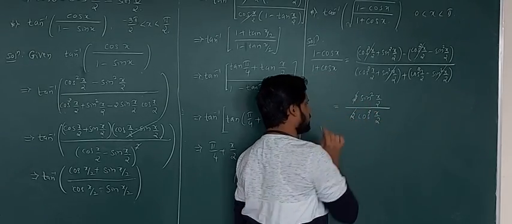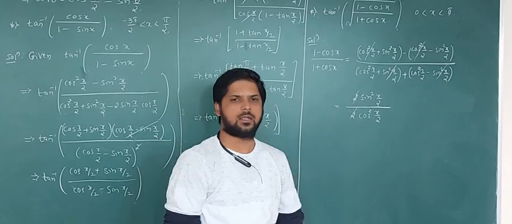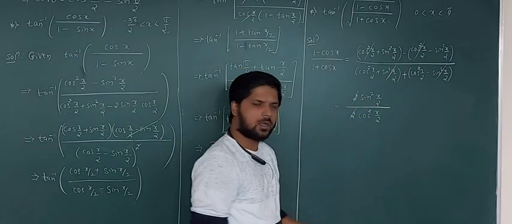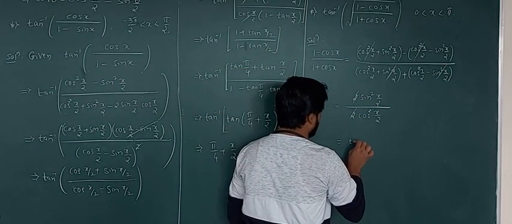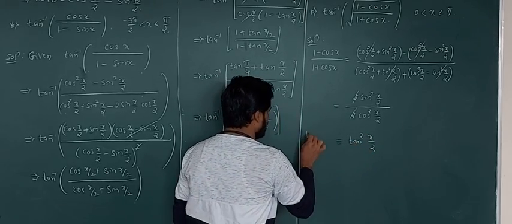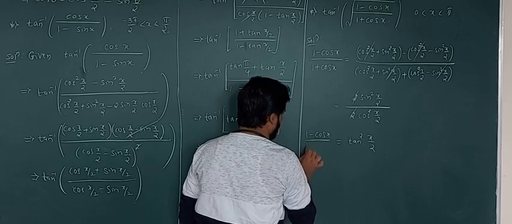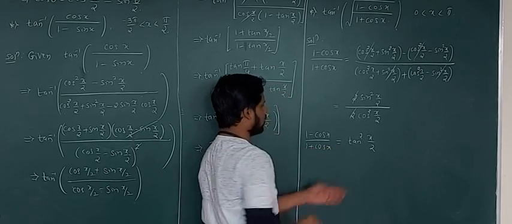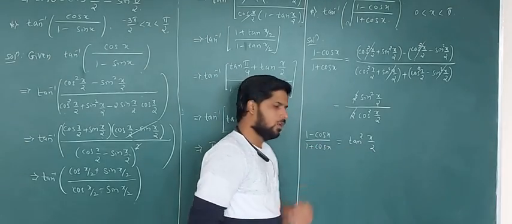Here 2 gets cancelled. Sin by cos is tan, so sin square by cos square is tan square, that is tan square x by 2. So 1 minus cos x divided by 1 plus cos x is equal to tan square x by 2. So therefore,